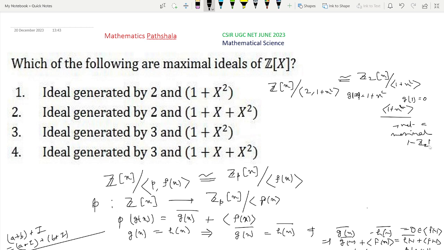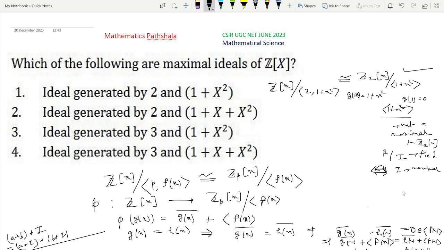So since this ideal is not maximal in Z2[x], this is not a field, because we know that R/I is a field if and only if I is maximal. This is a very well known result. Since 1 plus x square is not irreducible,